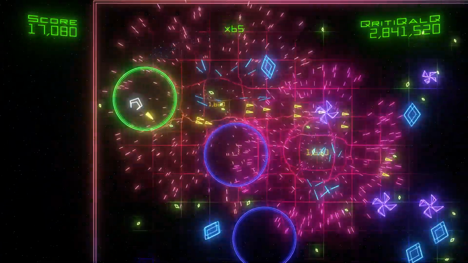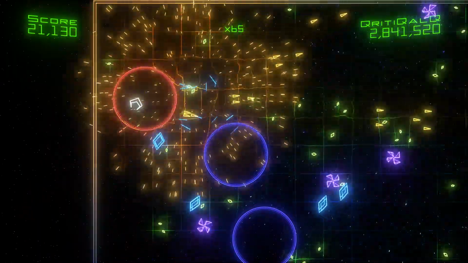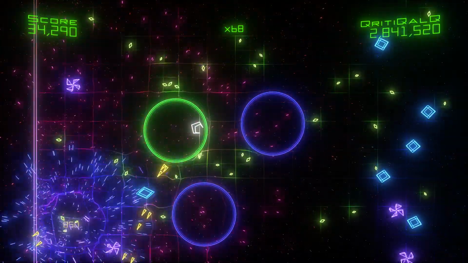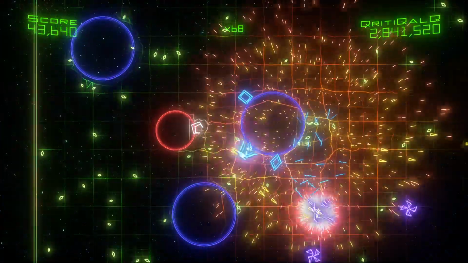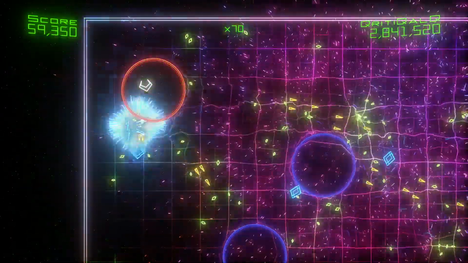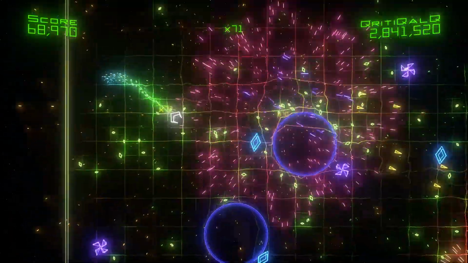So the way that I do it when I play this game is whichever circle I'm going to go to next, I try clearing a pathway to that circle. But these circles are quite close. You'll see that they start to spawn in further locations than the